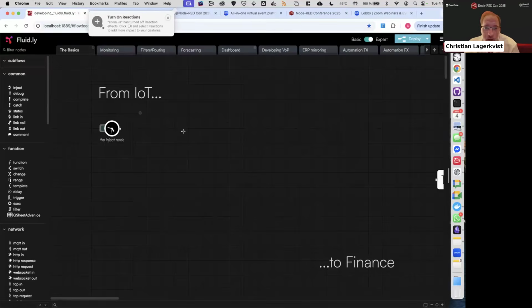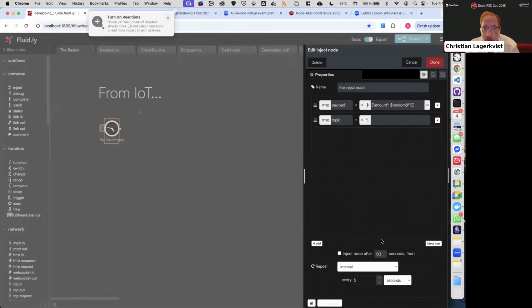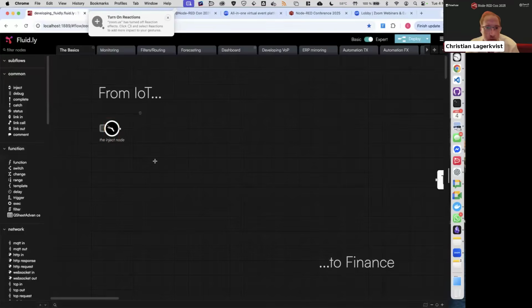components. The first thing I had to do was to make components able to draw themselves, so they can convey more information than statuses. So this, for instance, is the handled inject node that you all know. And well, you recognize the interface. It's been given a clock. And this is the amount node. So I can connect the inject node to the amount node and deploy and get numbers, basically, like that.